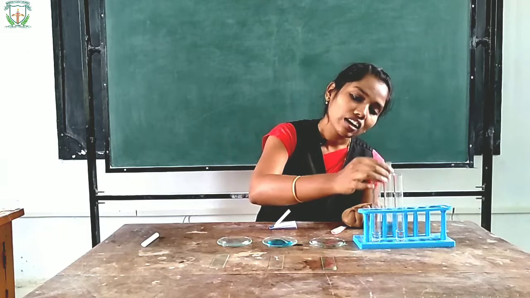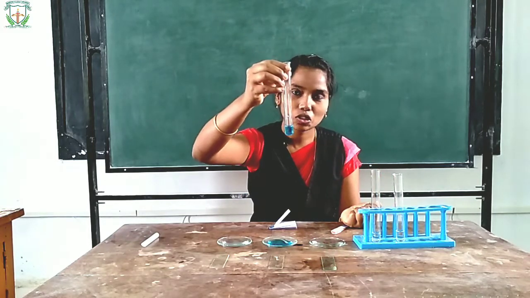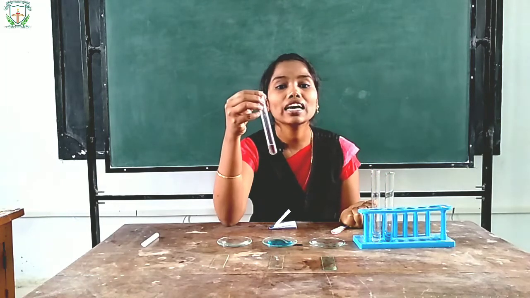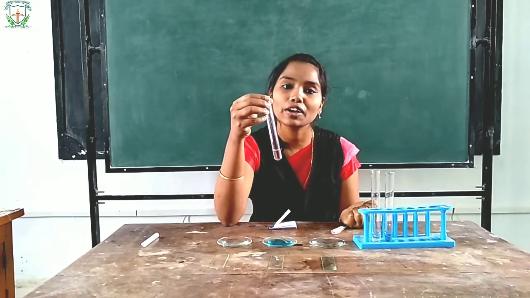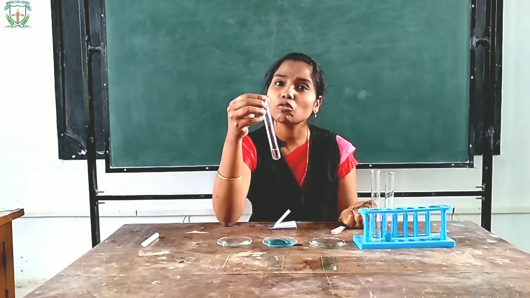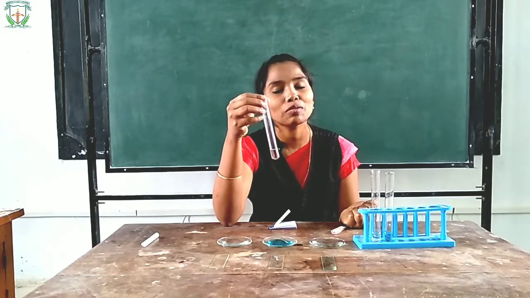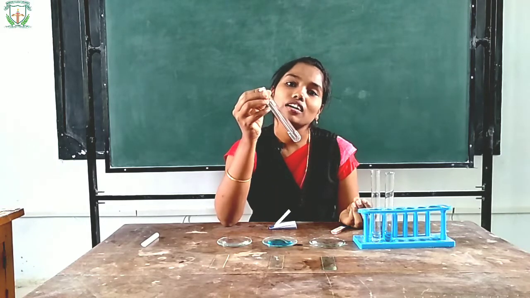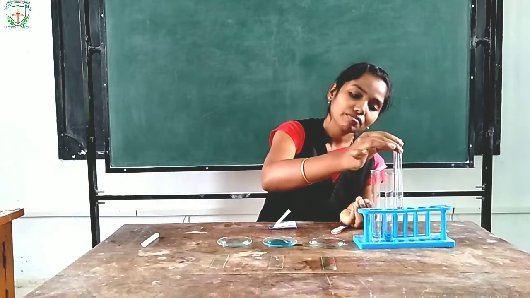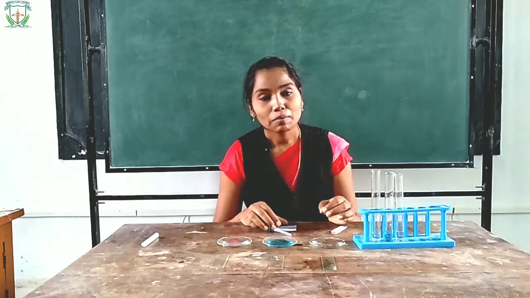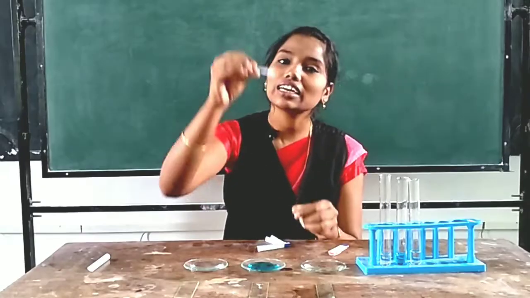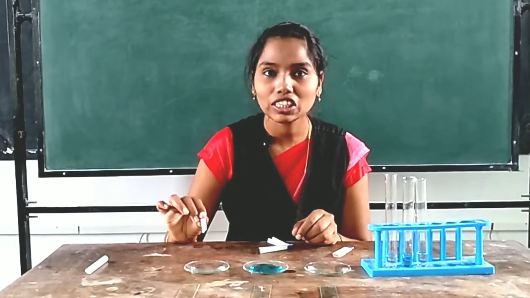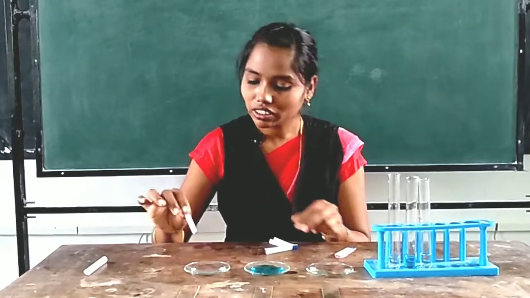Then I have taken a copper sulfate solution. Then I have taken a sodium bicarbonate solution, or sodium hydrogen carbonate solution. Children, what is the common name of sodium bicarbonate? Yeah, it is baking soda. That means I have taken a solution of baking soda. Now we are going to check the pH of these 3 salts. The color of the litmus paper, children, is blue. So first we are going to check the pH of the sodium chloride solution.